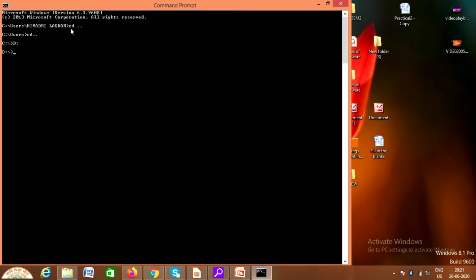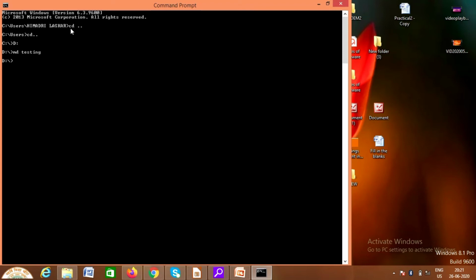But it will be easier if we use the mouse, and in a graphical based interface we can double click on D drive and go inside the D drive, isn't it? Now we will create a folder here. For creating a folder, we can write md, make directory. Okay, give a space and you can give a name. I'll be giving the name testing. Okay, done. Now enter.